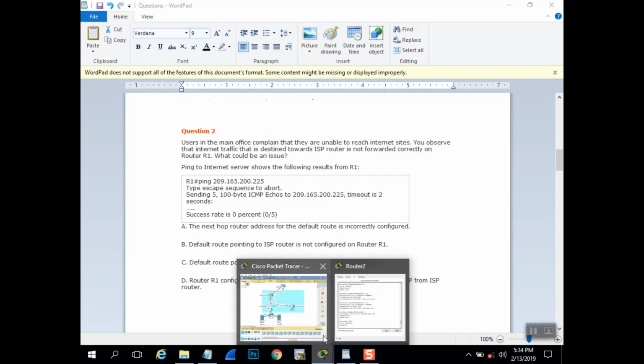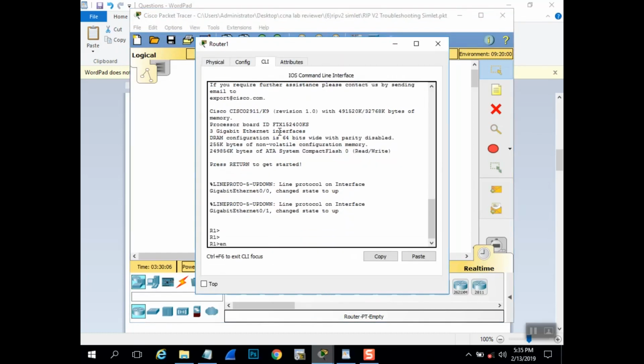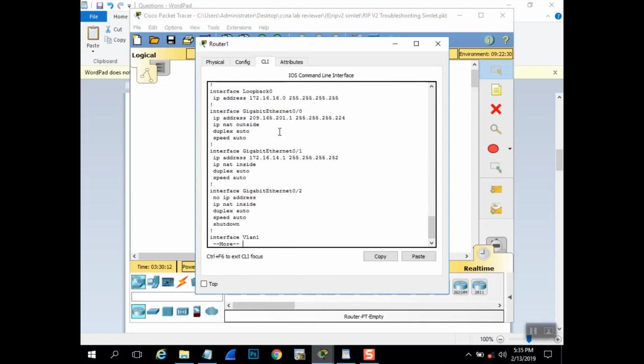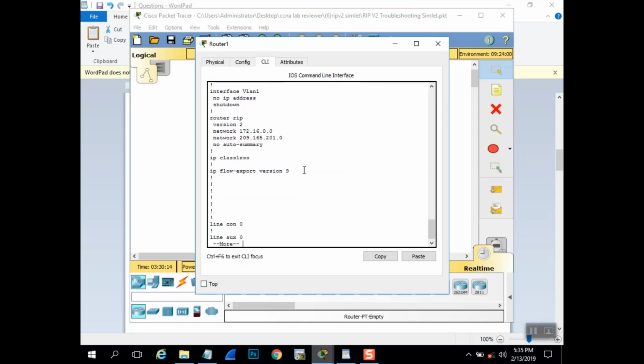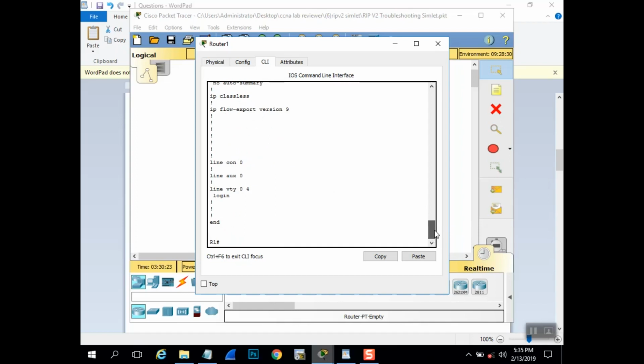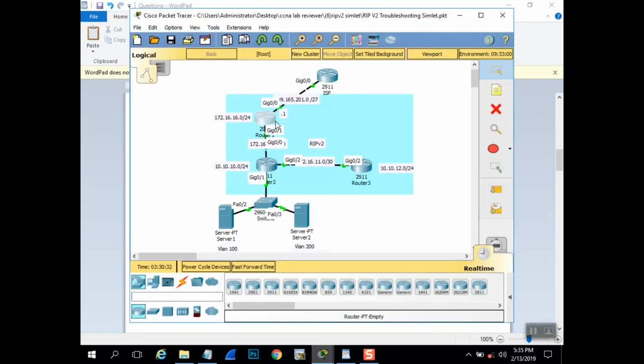Now let's go to R1 to see the whole configuration of what is going on, why it is not pinging the ISP interface. Now here is R1, then let's just click it, go to the configuration, type enable, and then let's just show run. And as you can see here, it doesn't have any IP route, which means that in this topology you have to create a route